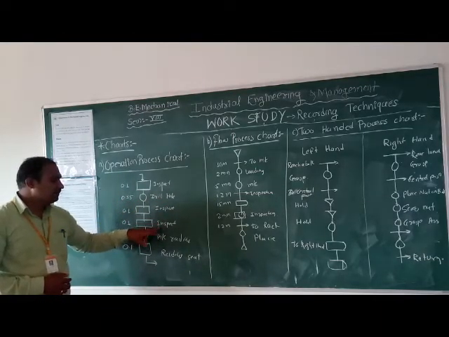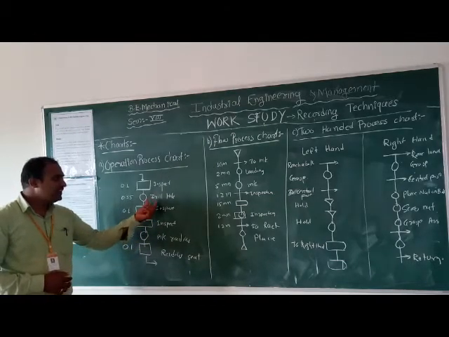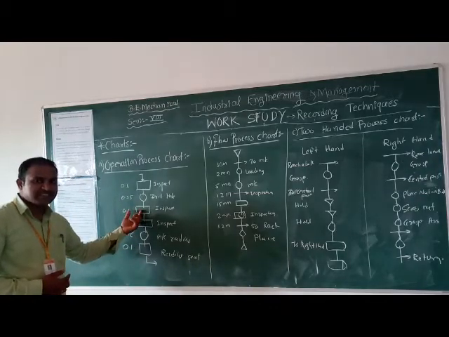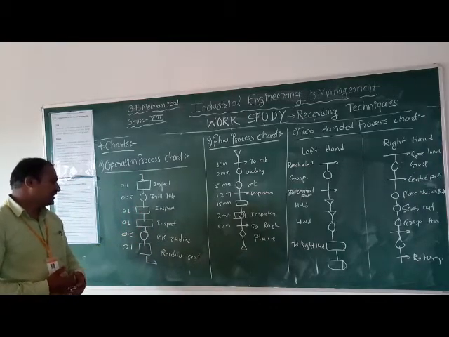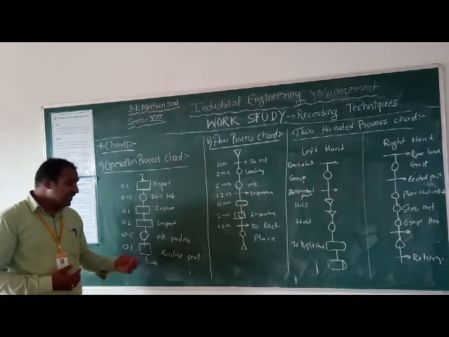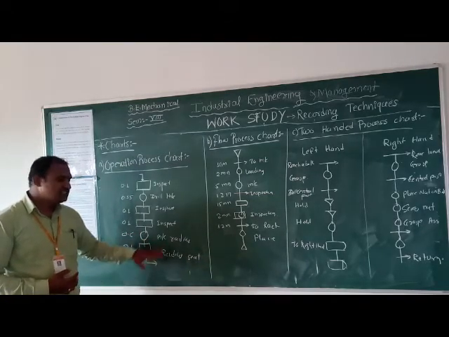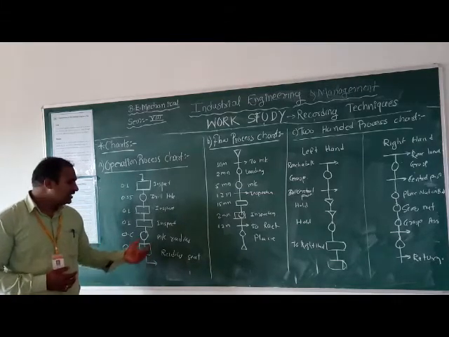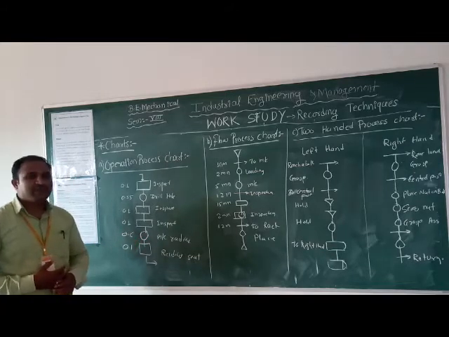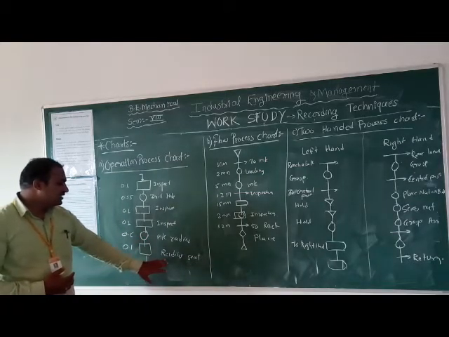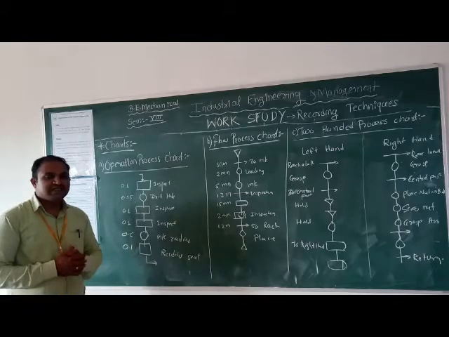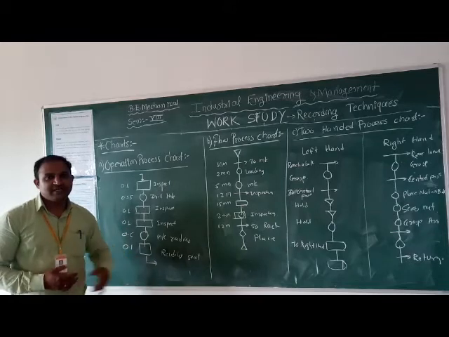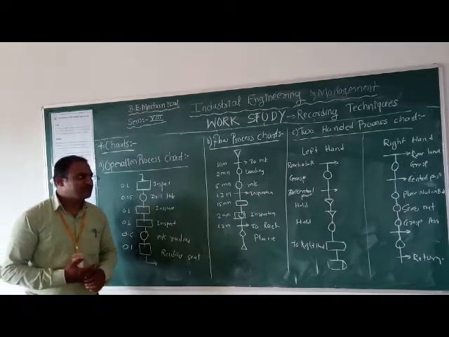Then inspection, we require inspection of the drilling activity. So it requires 0.1 for the first inspection and 0.1 for the second inspection. Then we move to the next operation, machining the radius on the component, which requires 0.6 minutes. And last is the sit, which means the operations are complete and inspected, and then it can be moved for the second activity or second machining process.